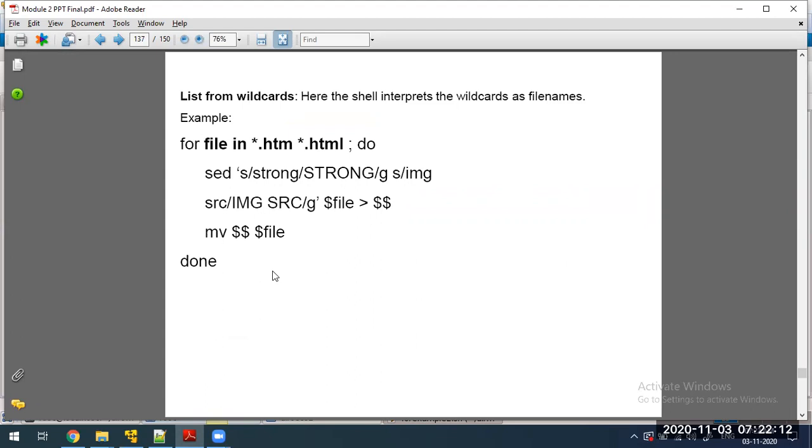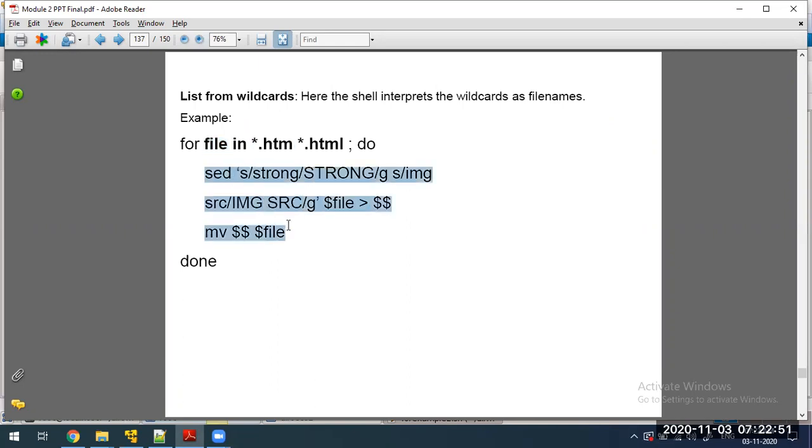One more thing, it is not only that you have to use commands. Even you can use the wildcards in the place of the list. See here, star.html, star.htm. What it indicates is, it will search for files which end with htm or html. From this file, it will give you the content to this variable.